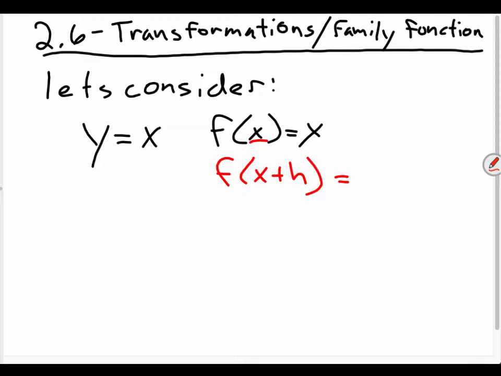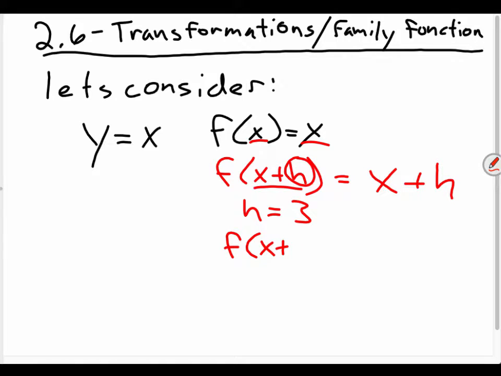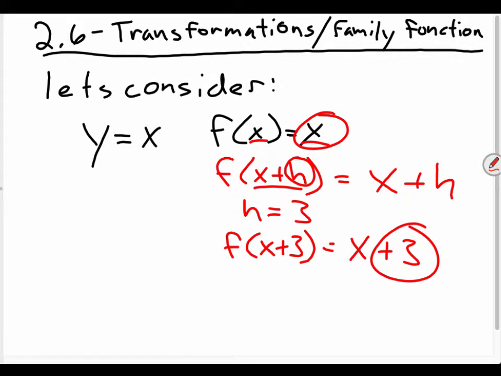Well, wherever there's an x, I have to plug in x plus h. So that becomes x plus h. But let's let h equal a number. Let's say h equals 3. So then f of x plus 3, in this particular case, is just x plus 3. So now the only thing different between my parent function and my transformed function is I'm just tacking on 3. In other words, whatever I have for x and I plug it in, I just add 3 to it,